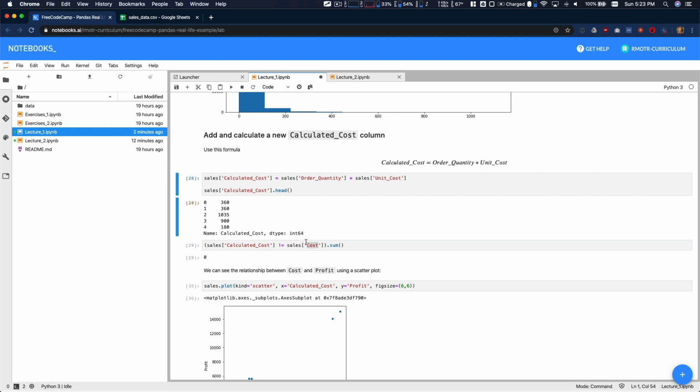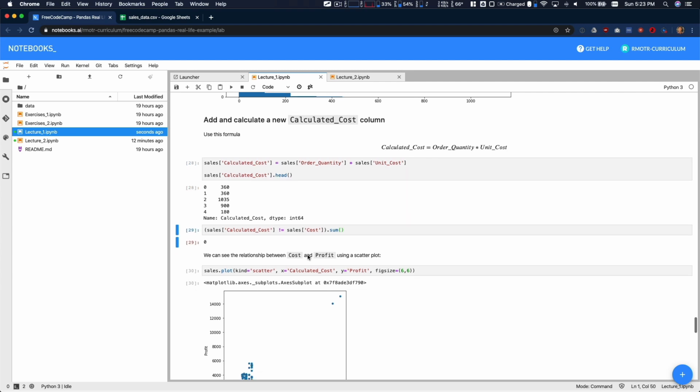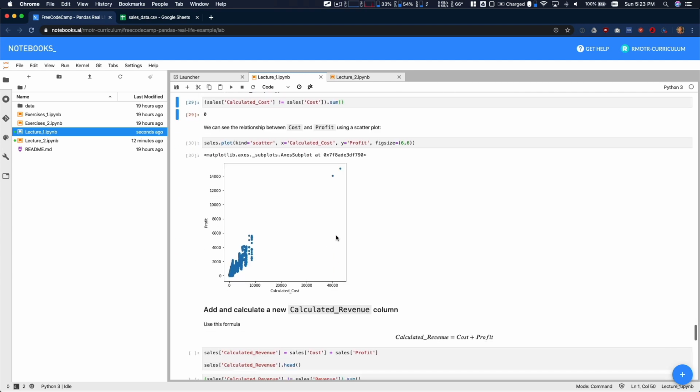So what we're doing right here is quickly checking if the cost provided by the data set at some point doesn't align with the actual cost we are calculating. So are there any mistakes that were made by the original system or people doing data entry? If this new column is different from cost, we want to know about that, and that doesn't happen. So again, quick